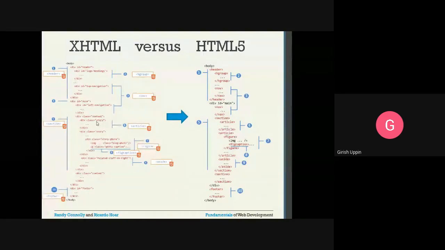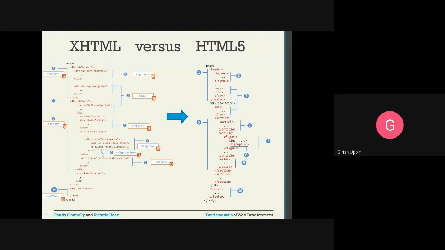Inside the section, you have the story, right? Here you have the story. That story can be replaced using the article. In HTML5 we have a tag called article that can be used. And seventh, you can see here div class story photo. For having the image, they are using a division. Instead of a division like that, we can use a figure. This is the beginning of the figure and this is the end of the figure, and we have figure caption. So this particular semantic HTML element can be used instead of this division.